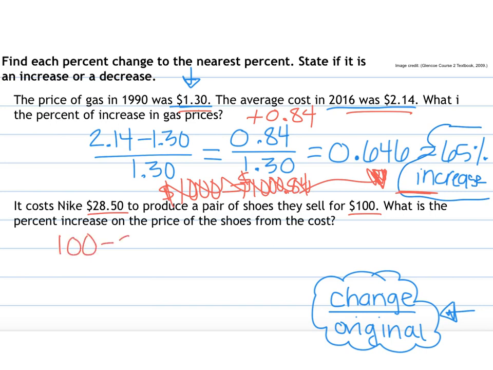I always just say whatever number is higher, you subtract the lower number, but then you have to figure out which number did they start with. They started with $28.50. So I do 100 minus $28.50, and I get $71.50, and then I divide it by $28.50 because that was my original amount, and I get